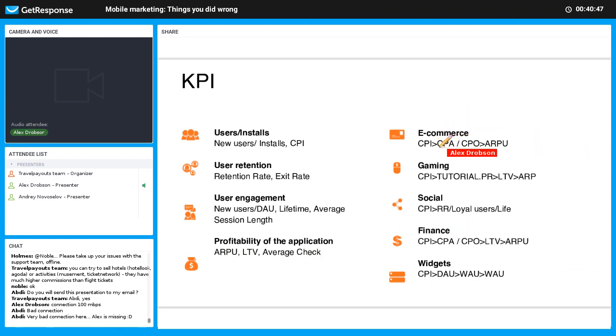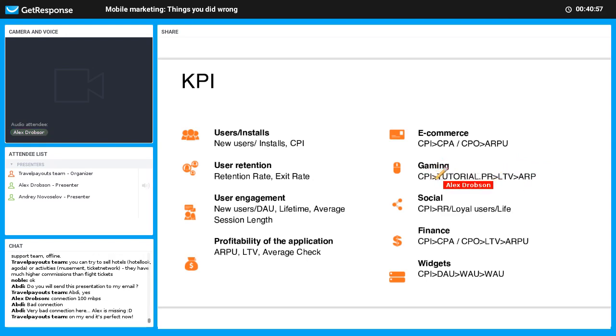In e-commerce and in travel, it can be CPA, cost per action, and cost per order, up to average revenue per paying user. In gaming, install,